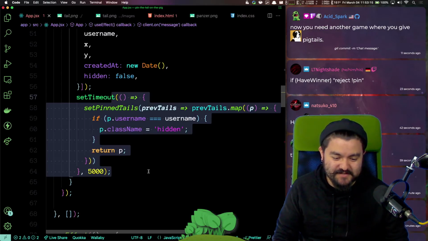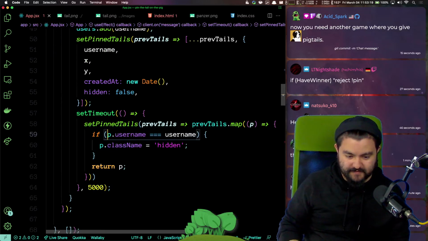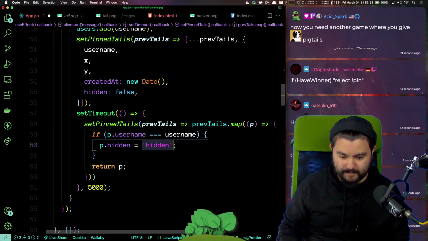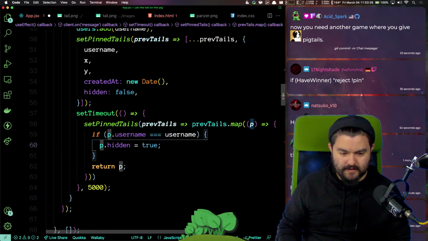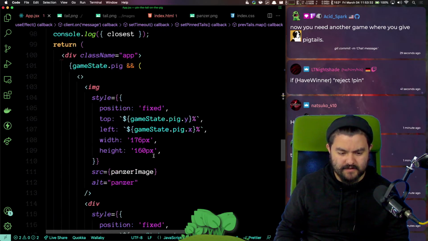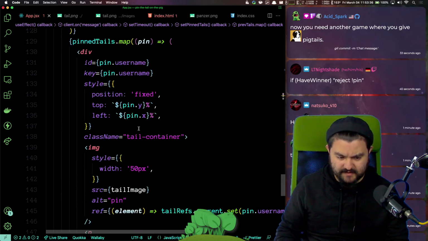Cool. The names aren't disappearing anymore. Oh, I didn't want it. So if p.username is that, p.hidden is true. And if p.hidden, we also want to put a class on the container to give the whole thing some opacity.